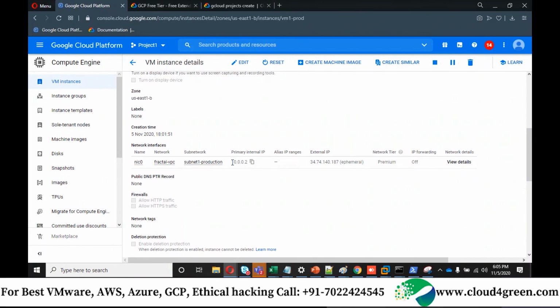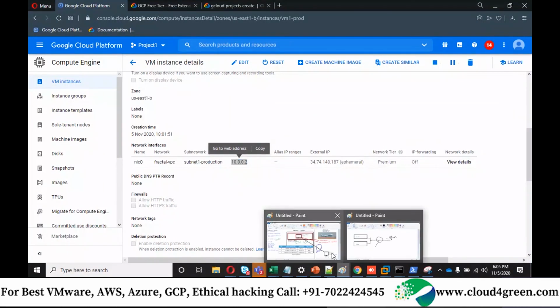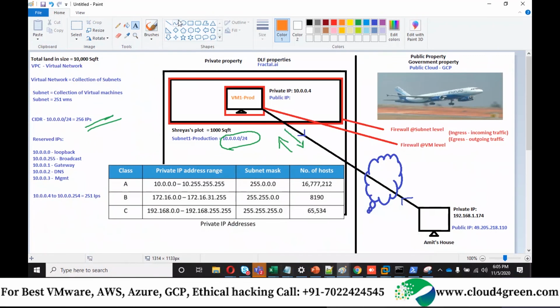I mentioned some time back, my virtual machine will receive one private IP. Google Cloud is improving their private network day by day. As I told you some time back, what they are doing here is they have eliminated this extra reservation. So now you have only 3 IP addresses reserved, so the usable IP count would become 253. You remember now.